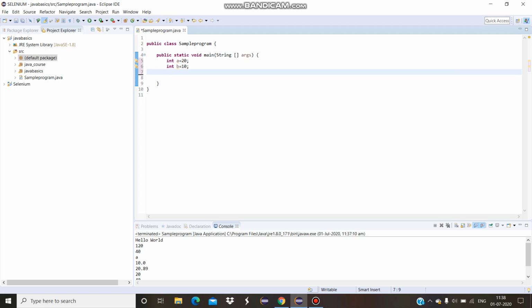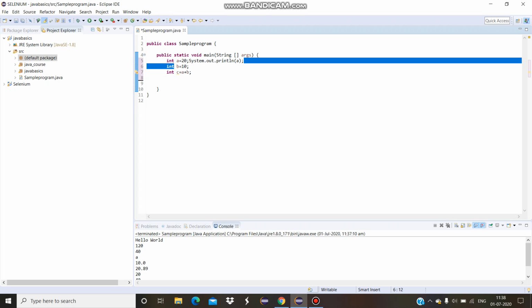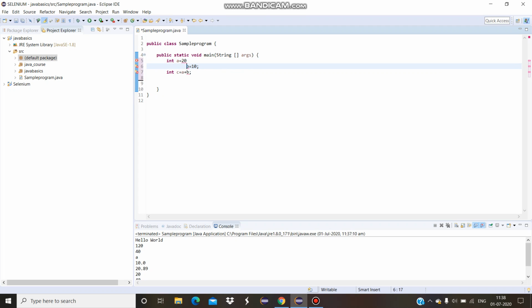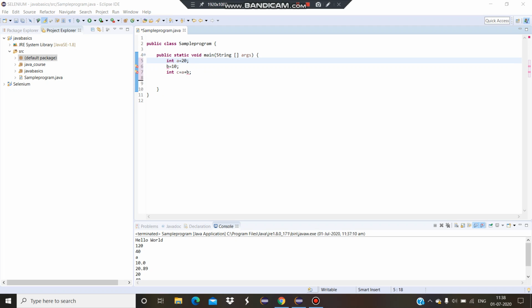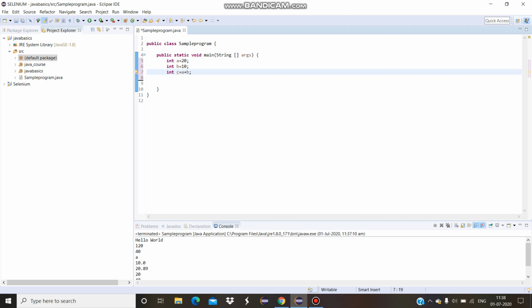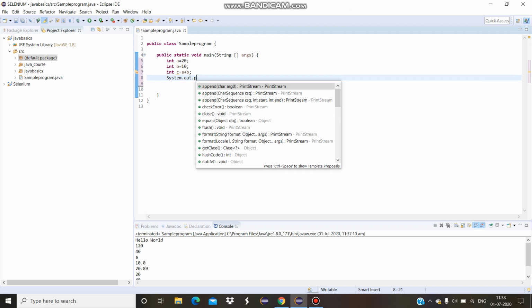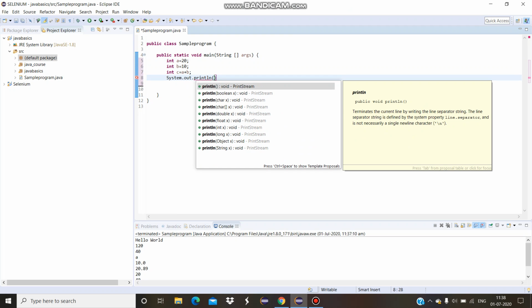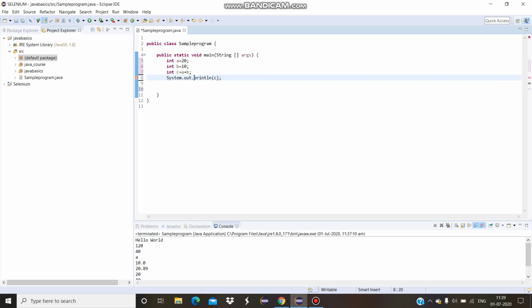Now for addition, you have an option to store it in a third variable and print, or otherwise print it as it is. I will be showing you both types. So for the first one I am assigning it to a third variable and then printing.